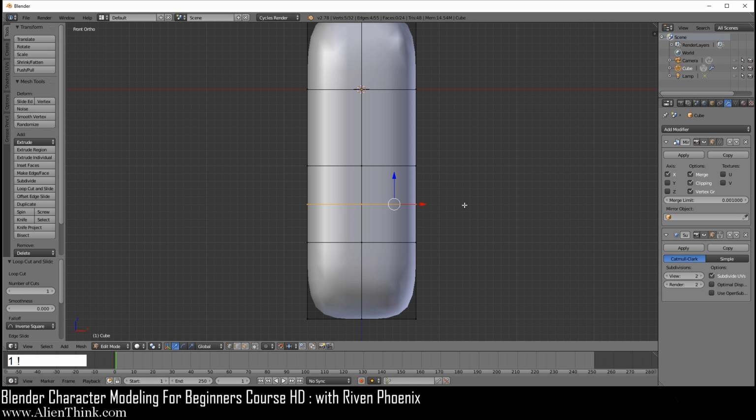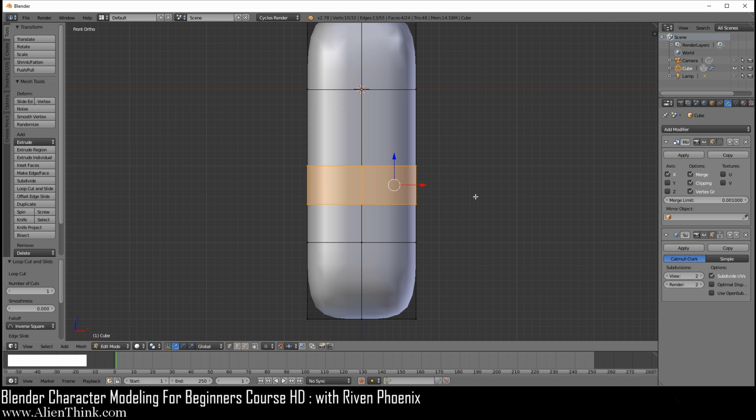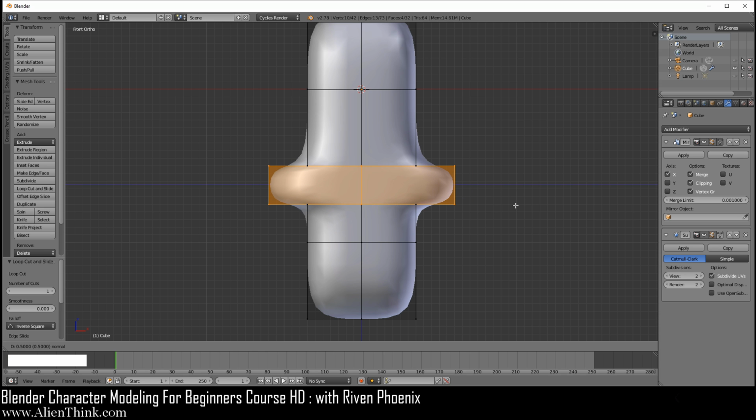Let's go back to the front view. So I'm going to leave this selected. I'm going to press the C key, and now I'm going to go ahead and select all these and right click to get out of the option. So it's going to leave all these selected over here. So from my front view, if I press the letter S, it will allow me to scale. So I'm just going to nudge my mouse to the left. Right click to get out of it. We first have to extrude this before we can scale it. We're going to press the E key. It's going to attach to my mouse over here. Then I'm going to right click to get out of it.